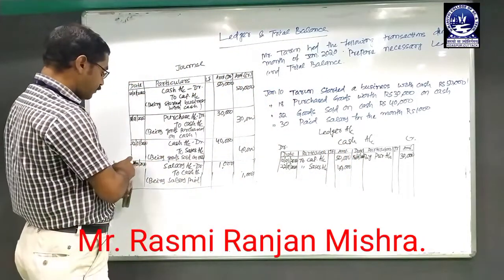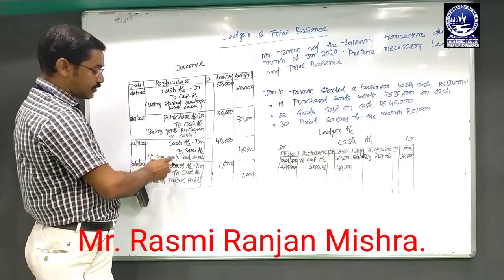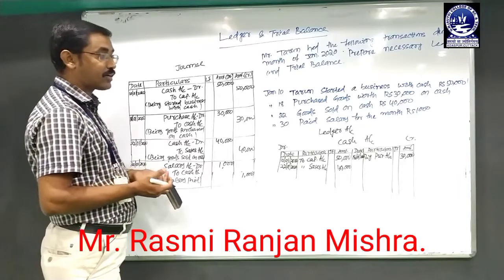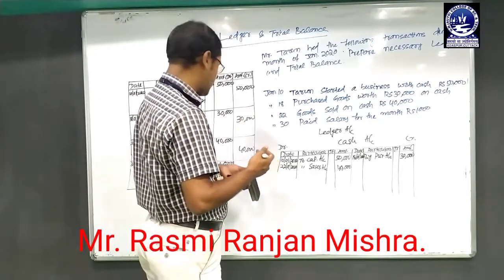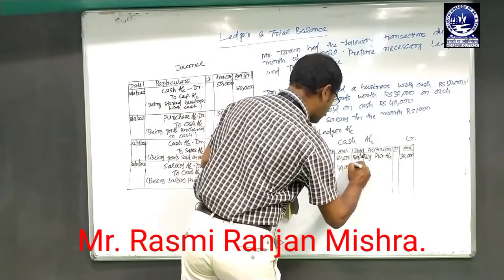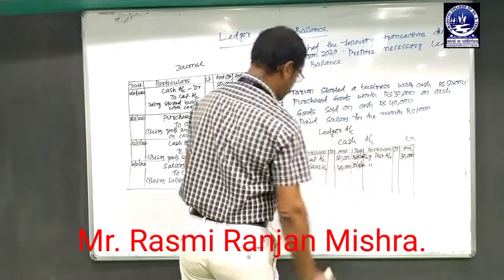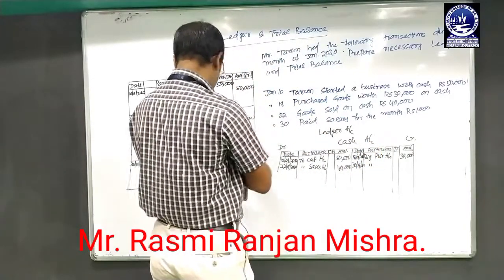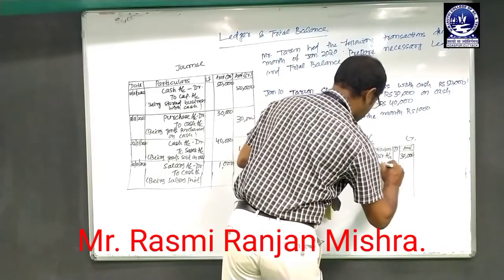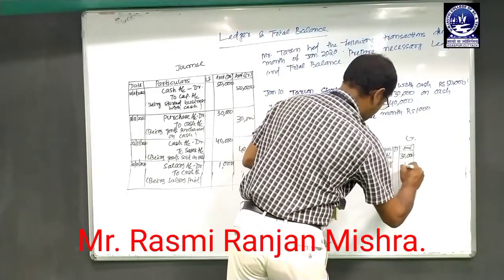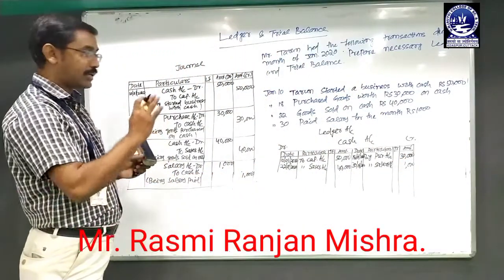Then the next one is on 30th January. In case the journal entry is salary account debit to cash, that means here cash account is credit. So when one account is credit, directly go to the credit side, and that was made on 30th January. Put the date 30th January 2020, and we must start with "by". By means the account which was debited, salary account that is debit. So by salary account and the amount is 1,000. So complete the cash ledger account.